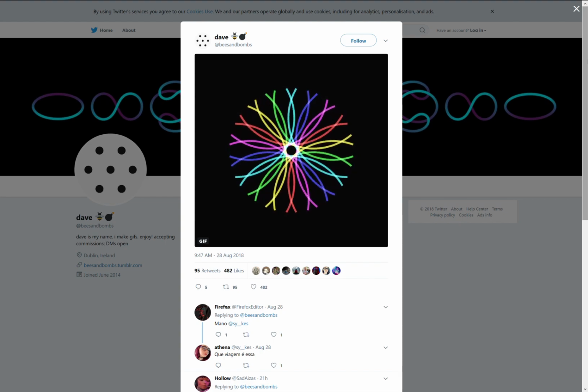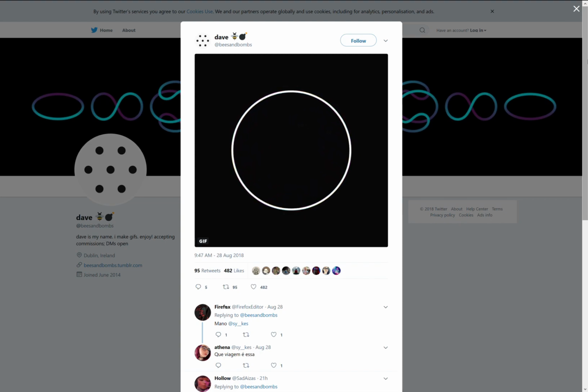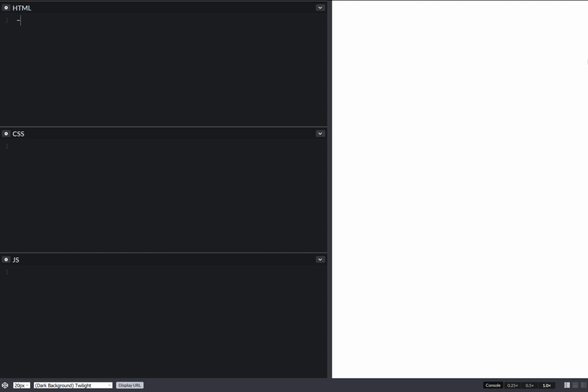Hello, I saw this loading animation by Bees and Bombs, and I thought it would be a fun little thing to do in CSS. So let's see how we do that. We start with a number of hues. This is going to be 6. Then we have a number of repetitions for each hue. Let's say 3. Then we have a total number of arcs, which is the number of hues times the number